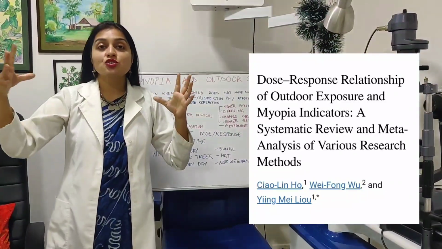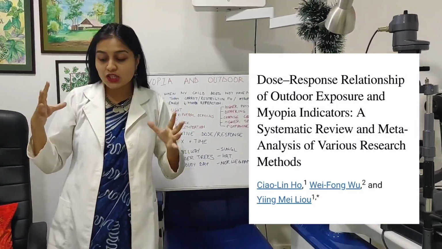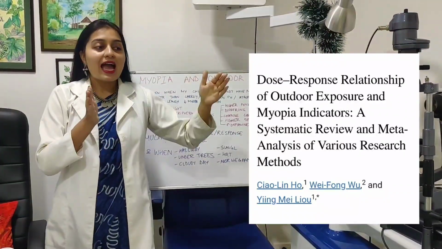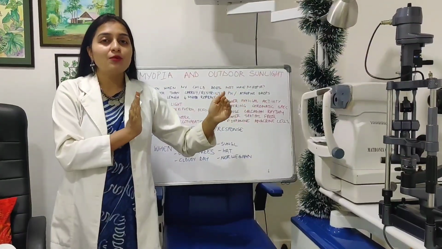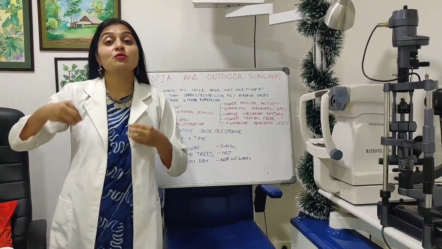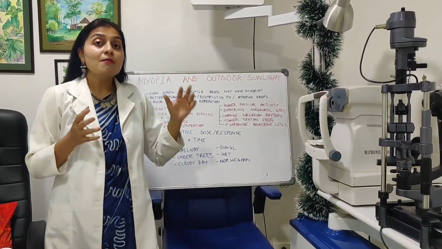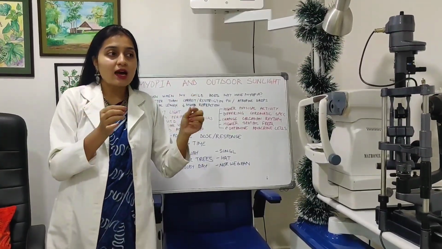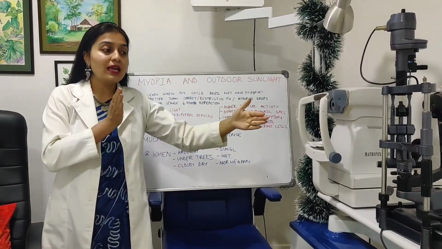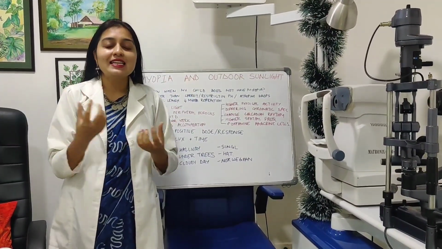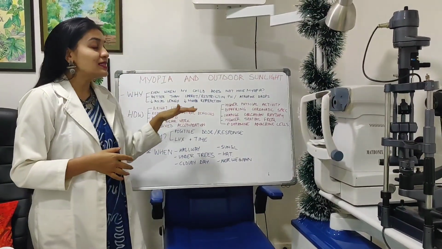And the next is it stops or reduces axial elongation by 24.9%, 25%. Why is this so important? The axial length decrease may have been only 25%, while the slowing down of myopia progression was almost 33%. This is so important because many of the studies only test for axial elongation. Many of the studies say, okay, we are going to measure myopia by only how much the axial length has grown. But outdoor sunlight time has many different ways that it is affecting the eyes. So how is it doing that?